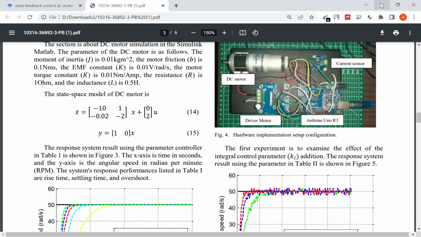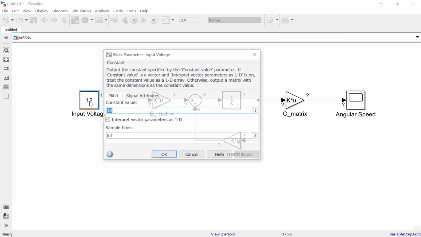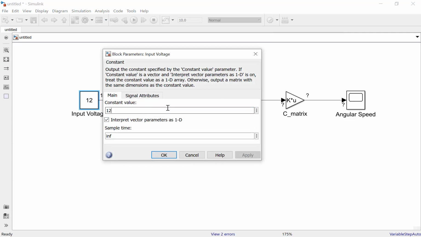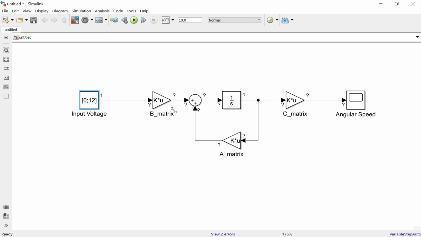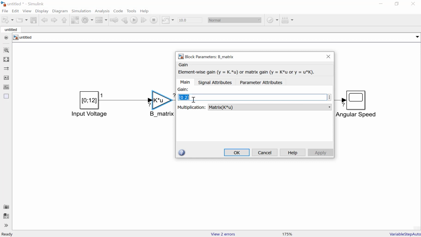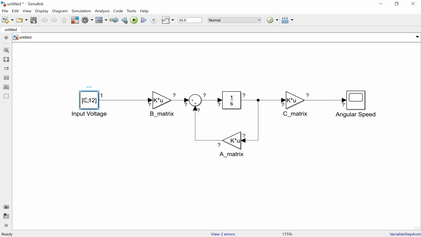Okay, the input is 2, so we need to make this input. Okay, I'm sorry. So we don't need to do this. Okay, the simulation is finished.